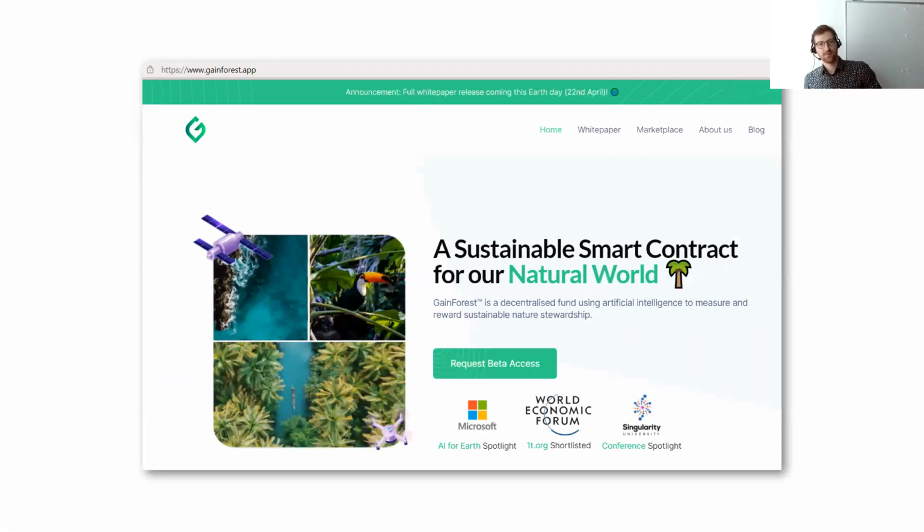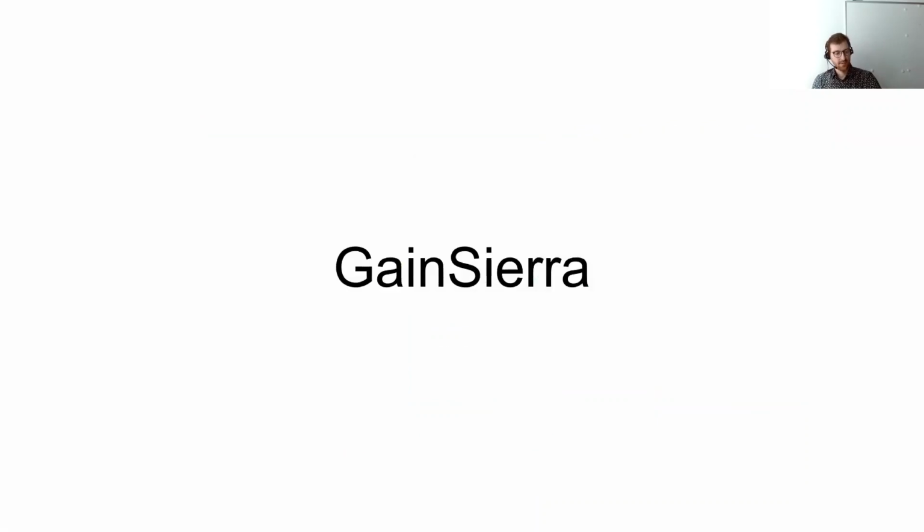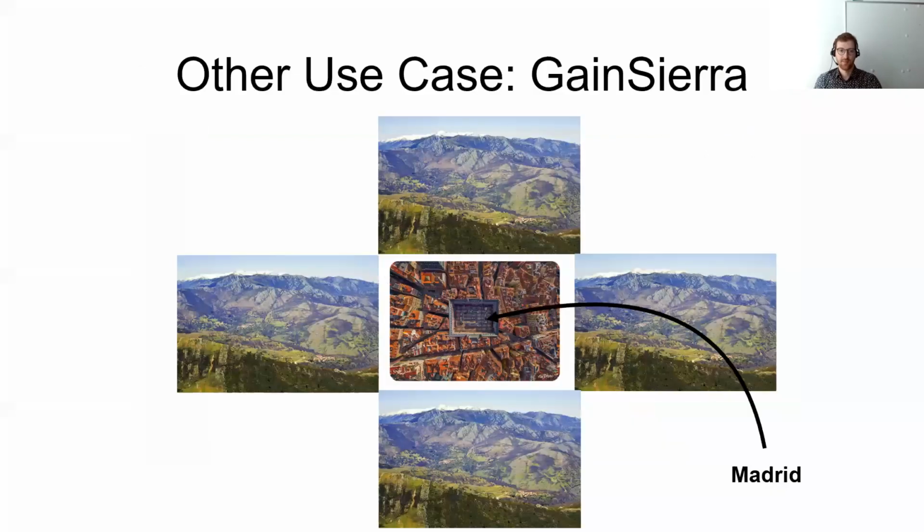The other application that you will see is a simplified version of a startup that actually got conceived by some ex-colleagues of mine from ETH, which I think is a very nice initiative about using blockchain to try and fight deforestation. Our copy, we did this when we were in Spain, so this is centered around Madrid. And the idea is that this is a token-based system where users who register with the system will